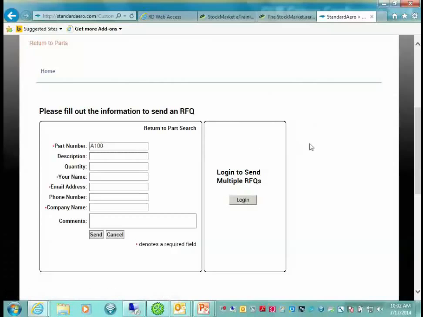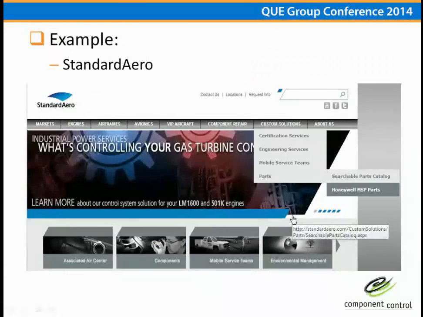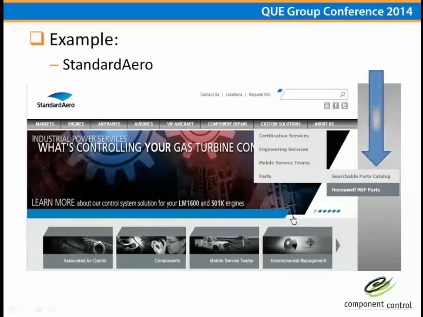Now, there are many clients that have effectively used this tool to turn their website into a modern e-commerce marketplace. StandardAero is one of them. I'm going to show you two more examples of our clients that have effectively used this search feature on their site. But before I get into that, I want to point out that it's very important where you